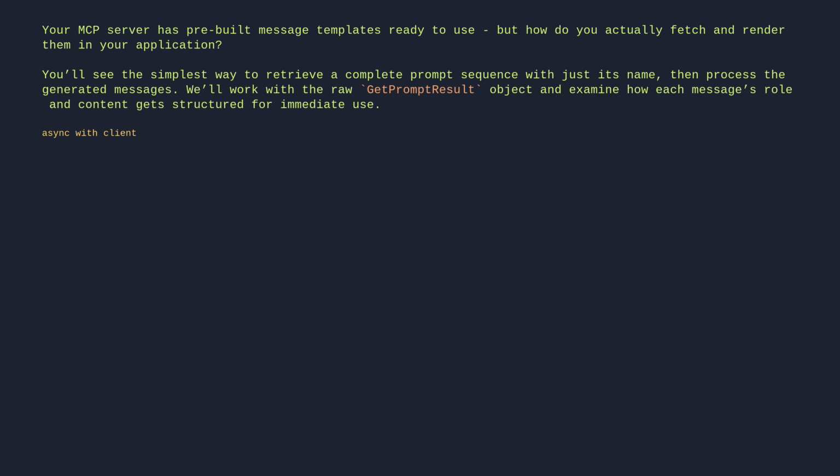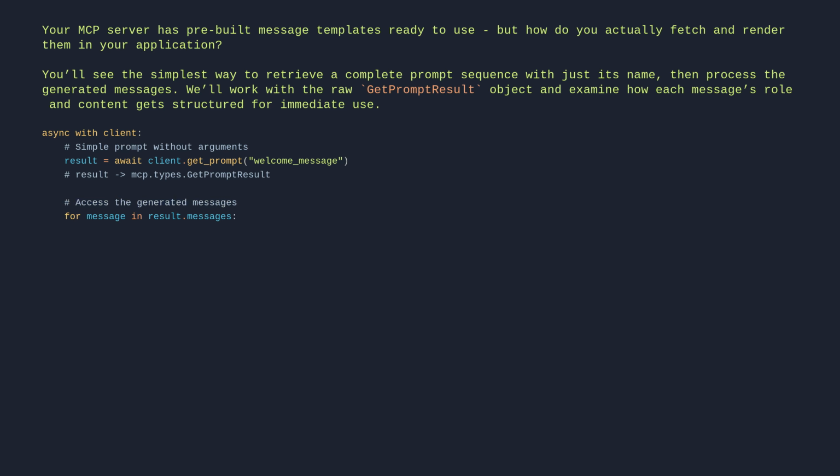async with client: # simple prompt without arguments. result = await client.get_prompt("welcome_message") # result: mcp.types.GetPromptResult. # access the generated messages. for message in result.messages: print(f"role: {message.role}") print(f"content: {message.content}")